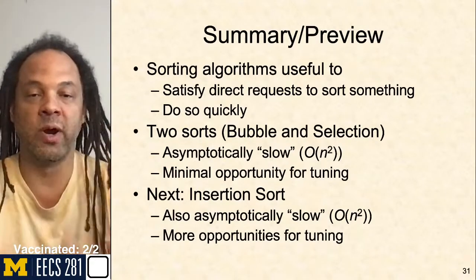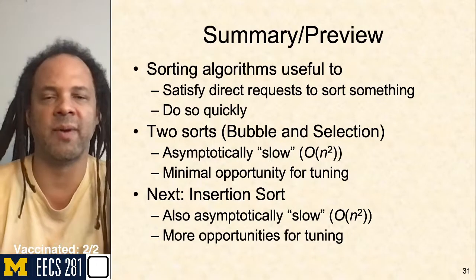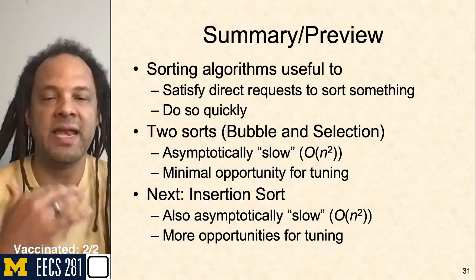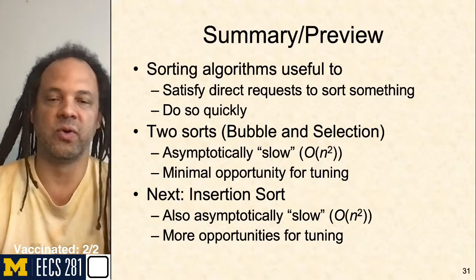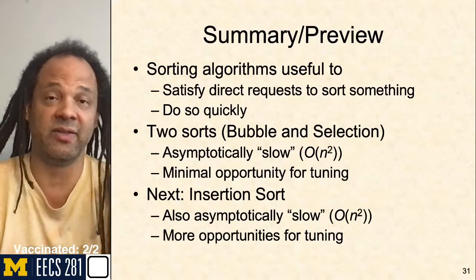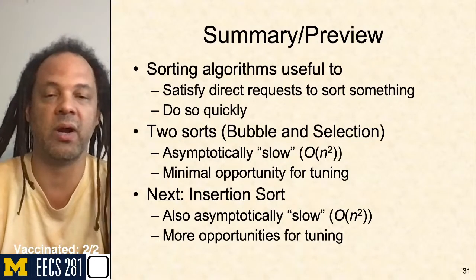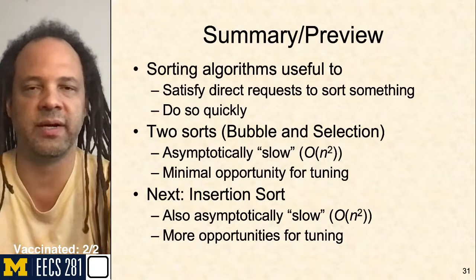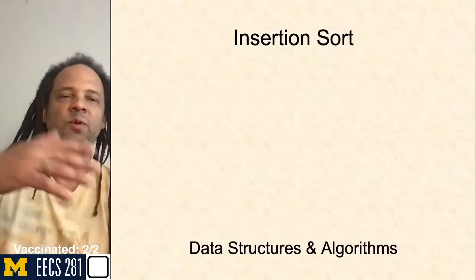So n squared is what we've got going on here, and that's what I'm talking about, comparison sorts. We've got a minimal opportunity for tuning. Next up, we're going to look at insertion sort. It's also an elementary sort. It's also asymptotically slow. It's also big O n squared. But we will tune it a little more, and we'll see some nice little tricks here as we move into